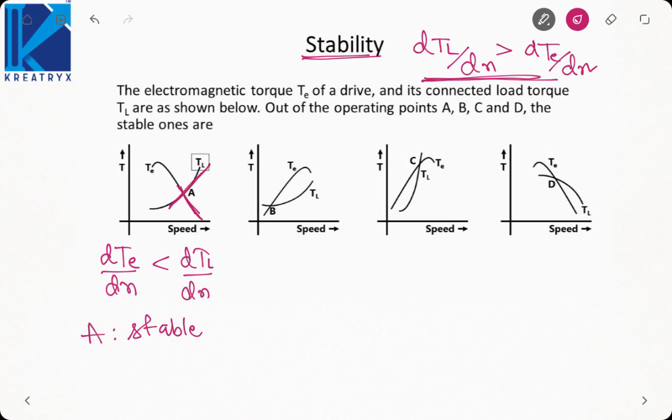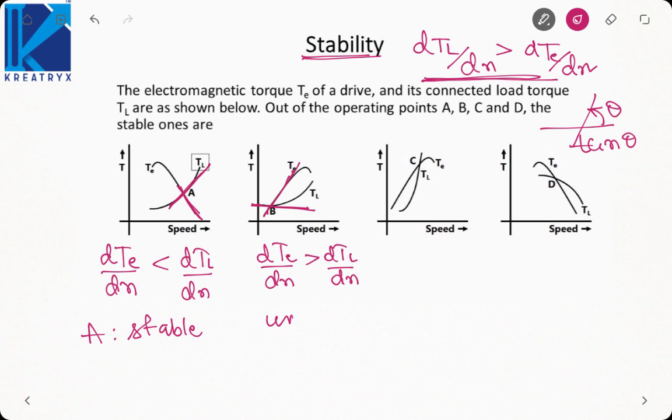If you see here at B, this is the slope for electromagnetic torque and this one is for load torque. The slope is basically given by tan of the angle made with the horizontal axis. So as you can see, the electromagnetic tangent forms a higher angle. If it forms a higher angle, it has a higher slope, which means dTe by dN is greater than dTL by dN. Hence it is